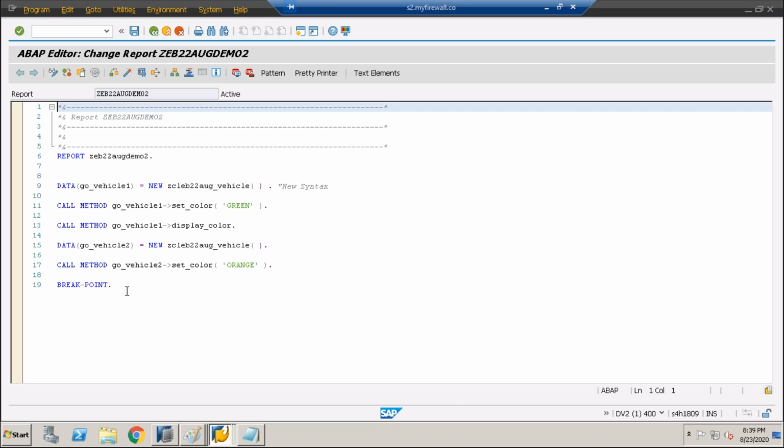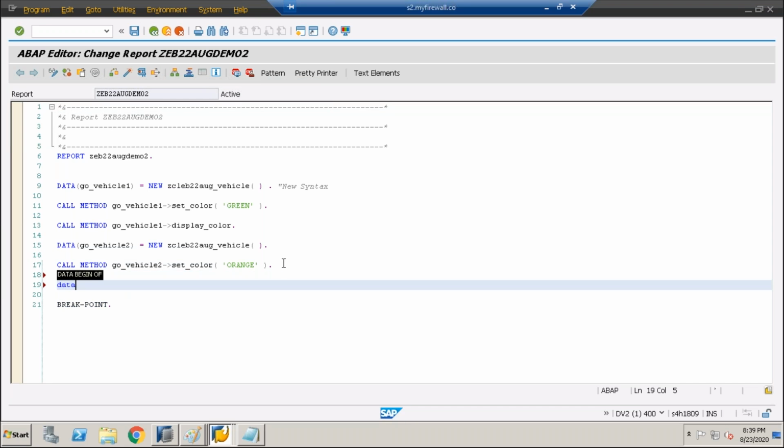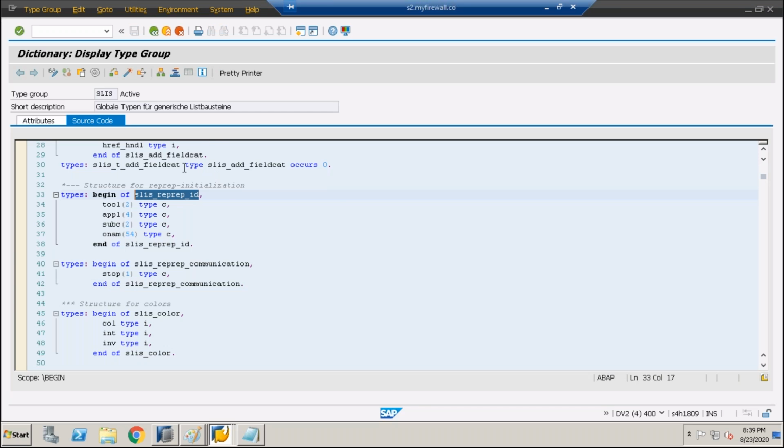Go into the change mode, and here I would like to create one more object, geo underscore, the last one, from the Suzuki class. Equals new, the new syntax I'm going to use. Let me copy the class name from here,